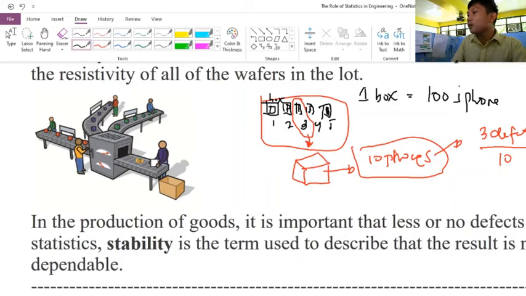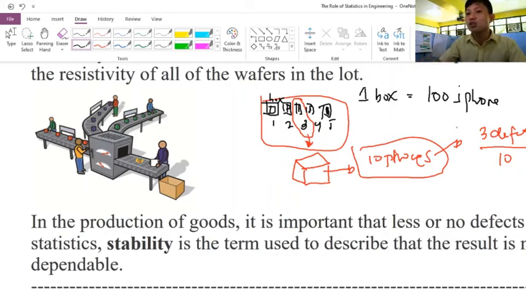So, ibig sabihin, meron tayong 150 na defect. No? Isipin natin ganun. So, imagine nyo lang 150, no? Tapos papunta sa iyo isang telepono na sira. Tapos binayaran mo yan ng 20,000. So, ang saklap, diba? So, as much as possible, dapat wala tayong defect or less yung defects na ating